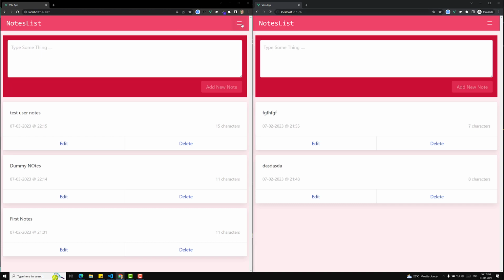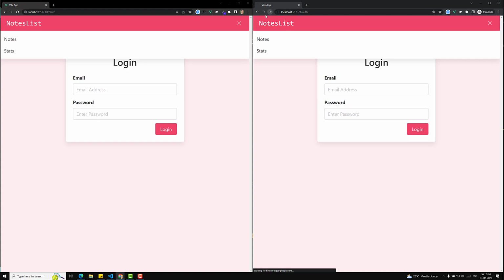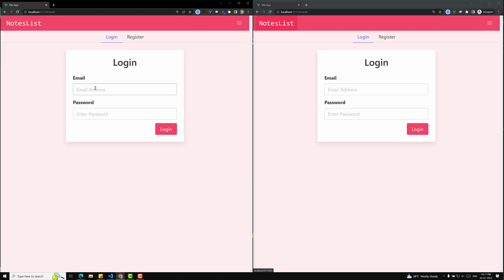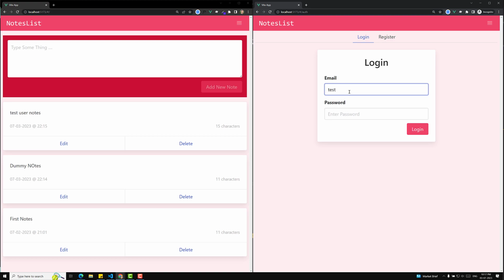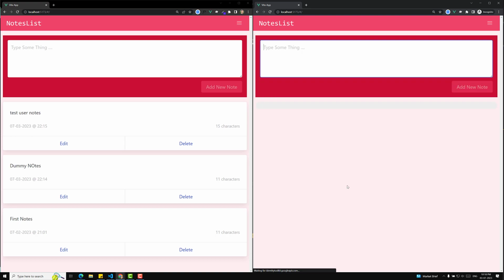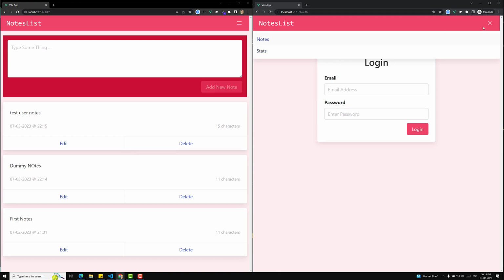Now let's try to log out. Both the users I will log out. Here also I will log out and refresh this page, and also refresh this page. Okay, and now here I will log in with test@test.com. Only one user I will log in, in the same scenario. I will log in with test@test.com for this one also, test@test.com and 1 2 3 4 5 6, and here let's press login. So here I am able to see. This time I will log out. Now I will log in with